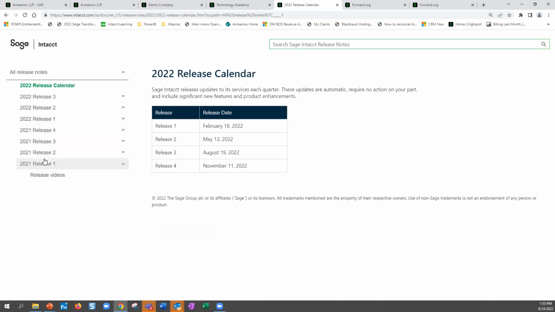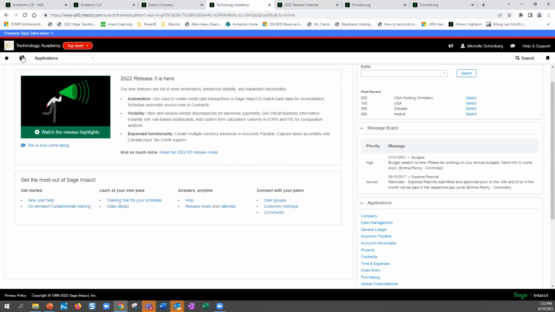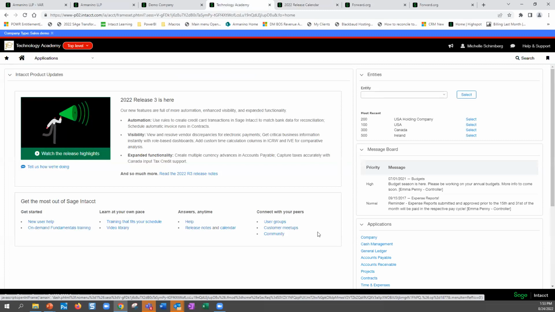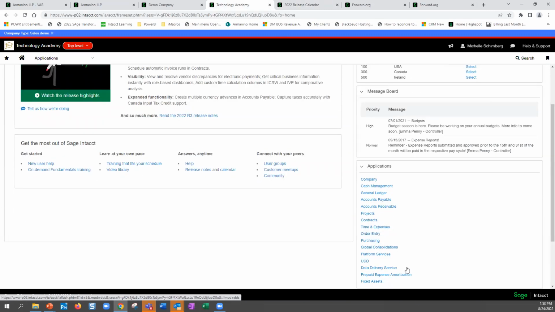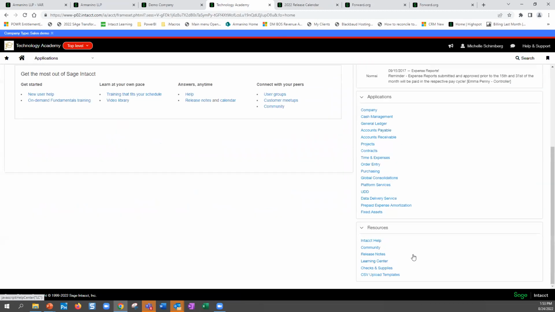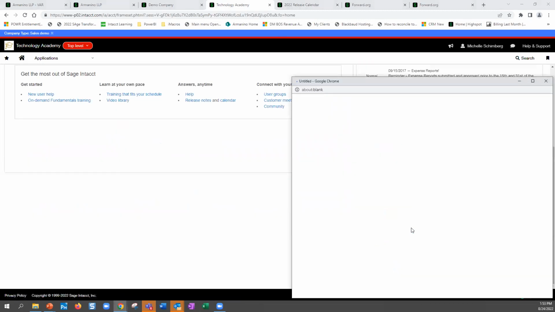Michelle, also a good idea is to check the ideas on the community. Yeah, there were some questions about maybe future releases. Sometimes you can go look at the ideas to see if people have submitted the idea, and if a lot of people have voted on it, whether or not it might come through on a future release. So for those of you who are using community, which you should be, where's community? Here it is. If I log into community,